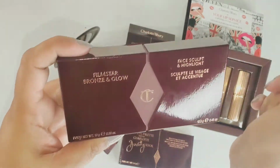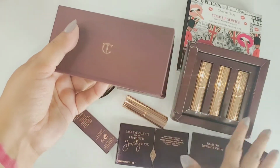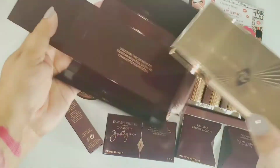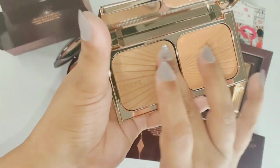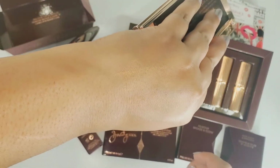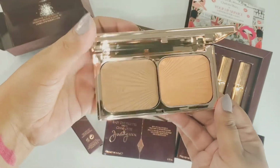And then I have, so this is very new product for me. I bought something, you know, the Swarovski packaging thing. So this is bronzer and glow. This is how they open. There you go. It's a beautiful light highlighter. It's golden highlighter and sculpt. I really like it because I'm medium to dark. There you go. And this is the highlighter. Definitely going to use them, and I'm going to try them and post my reviews on whether it's long lasting or what's going to happen, because I do like her eyeshadows, the Pillow Talk. It's a really pretty palette. So this one,